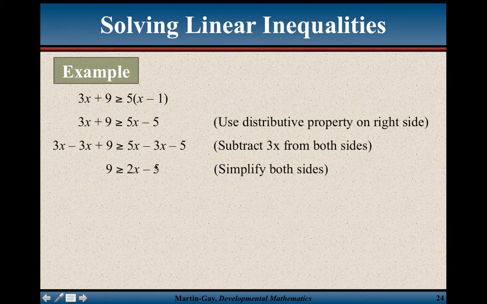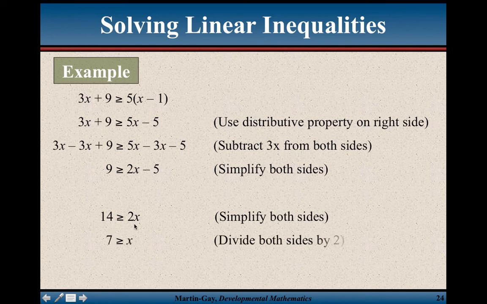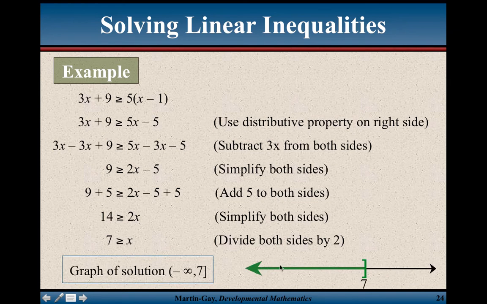And then, kunin natin yung opposite na negative 5, that's positive 5. So, both sides, positive 5. So, 9 plus 5 is 14. And then plus 5, 0 na yan. So, 2x. Then divide by 2. So, 7 is greater than or equal to x. So, kung gigraph mo siya,